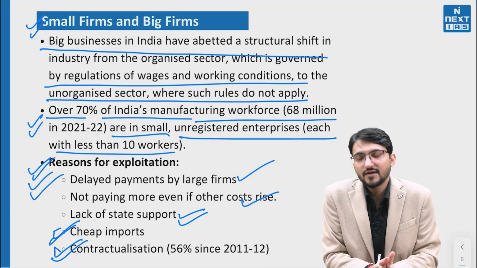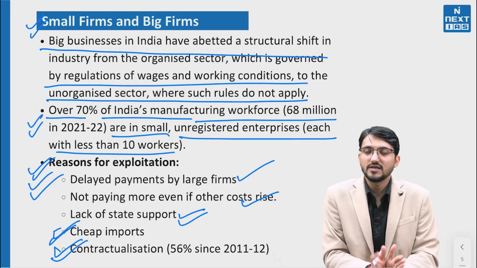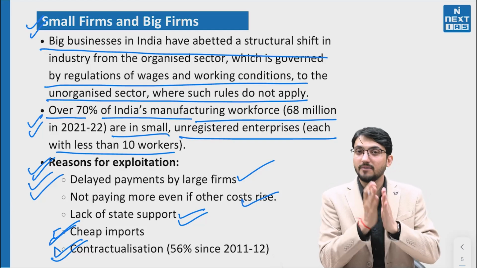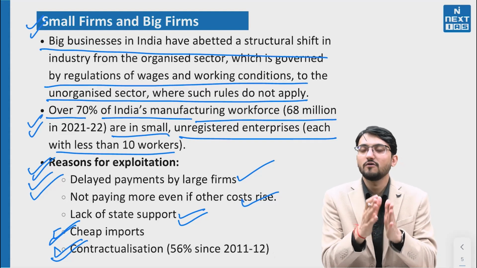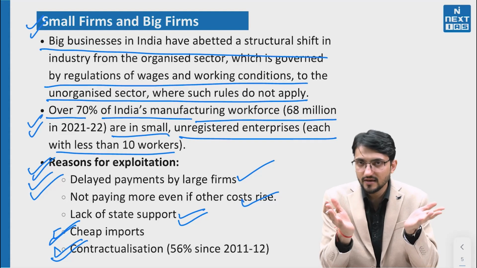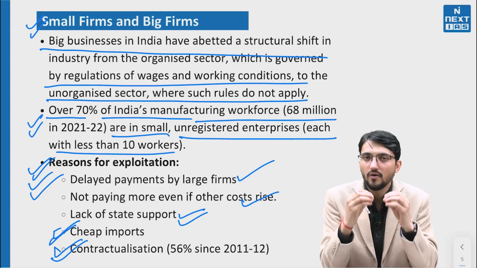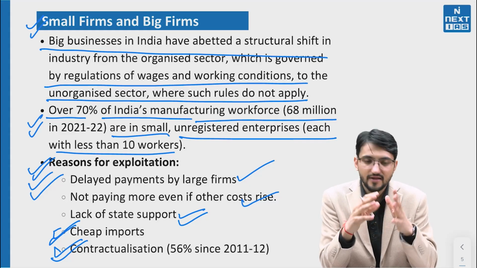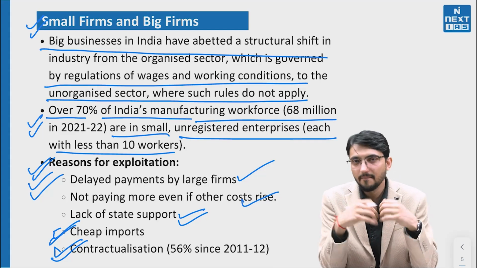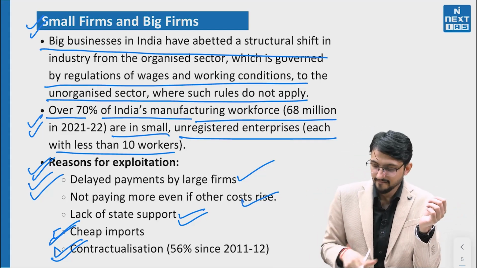Moreover, we have a contractualization of the labor force. So around 56% since 2011-12, 56% of the workforce is employed through contracts, through contractors. Now you and I know what happens with contract workers. They have no rights, literally no rights. They work on the whims of the contractor. The company has no responsibility regarding these workers, and they have been exploited. Moving ahead,